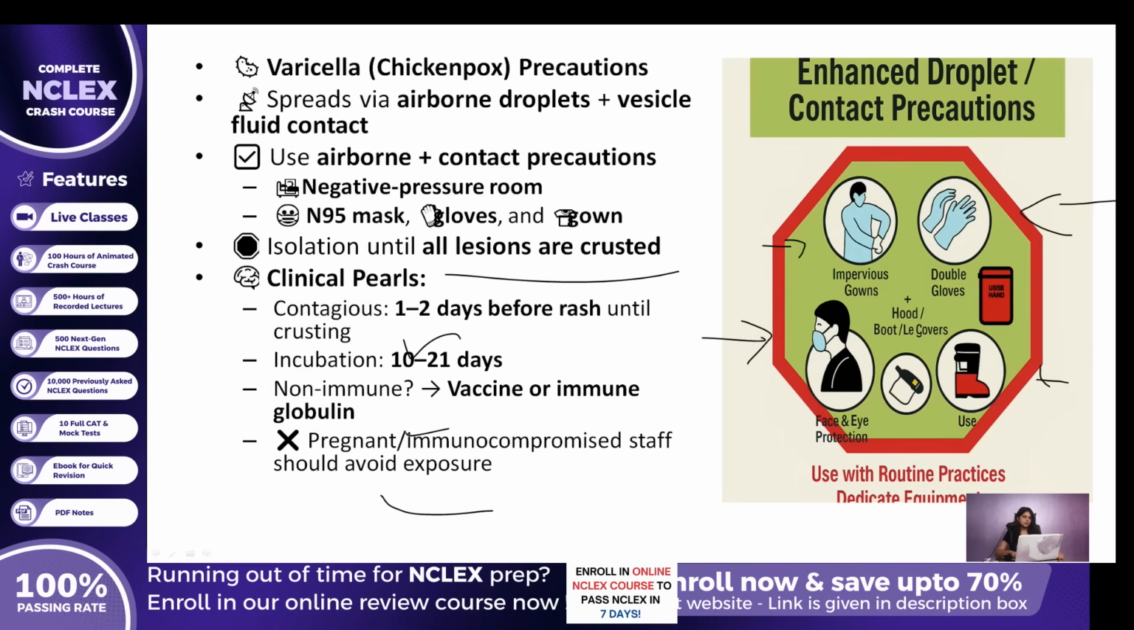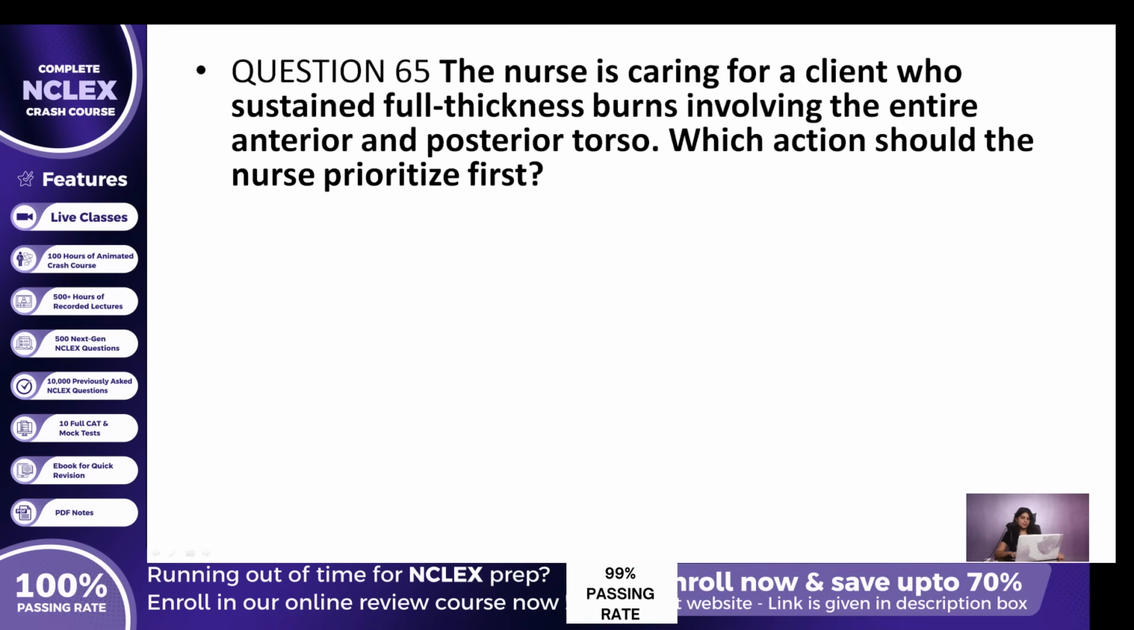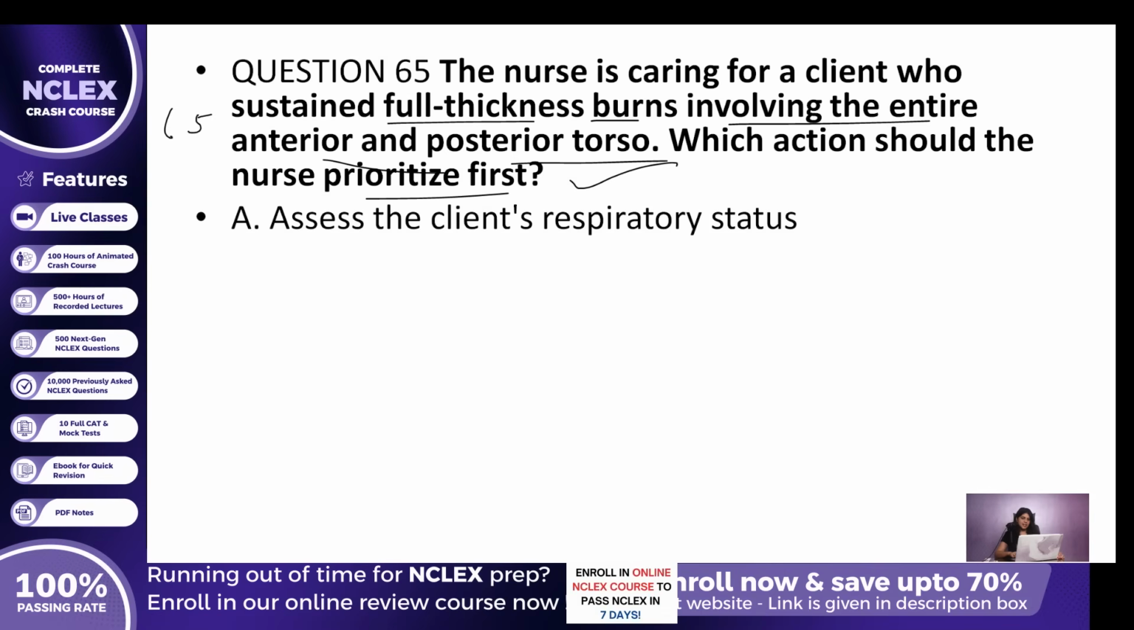Now let us focus on emergency burn care, where airway takes top priority. Question 65. The nurse is caring for a client with full-thickness burns to the entire anterior and posterior torso. Which action should the nurse prioritize first? The options are A. Assess the client's respiratory status,